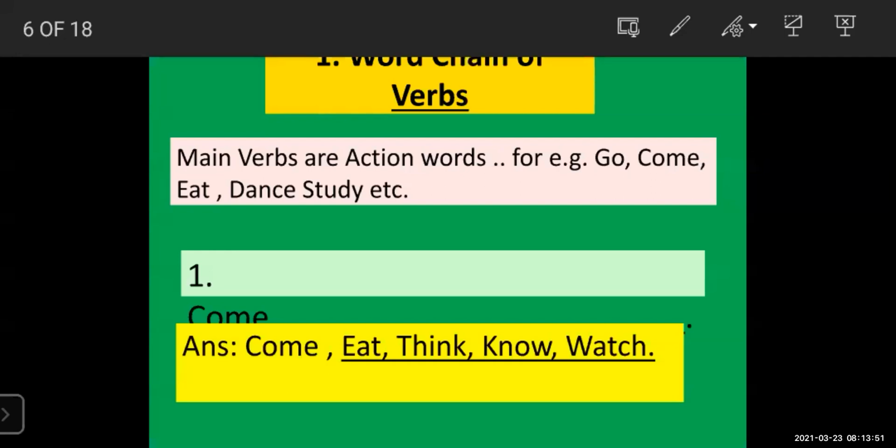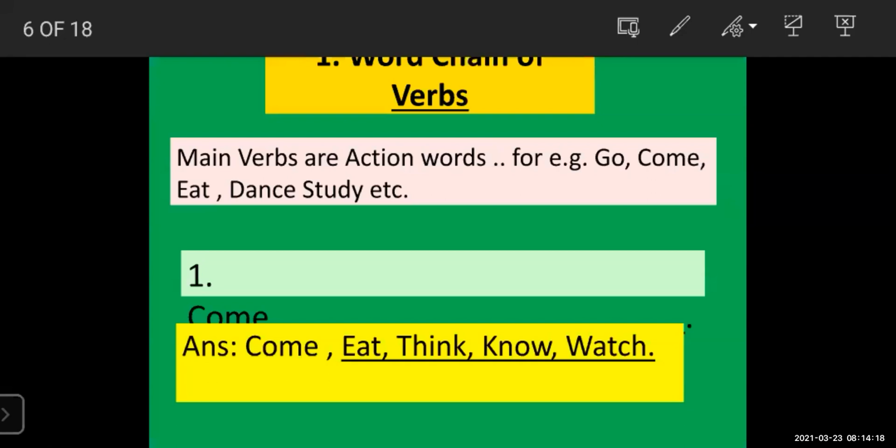That is know. K-N-O-W. To know about something. To know, it is also a verb, an action word. And this verb know ends with W. The last letter is W. And then you have to begin the next, last verb, with the letter W. With the letter W, that is